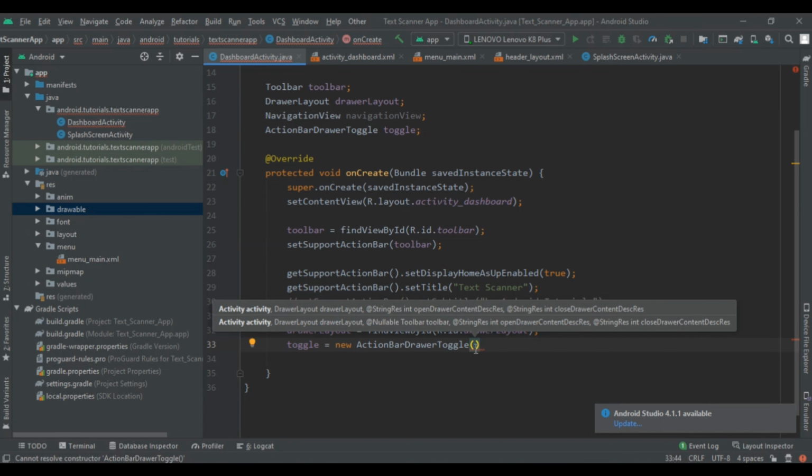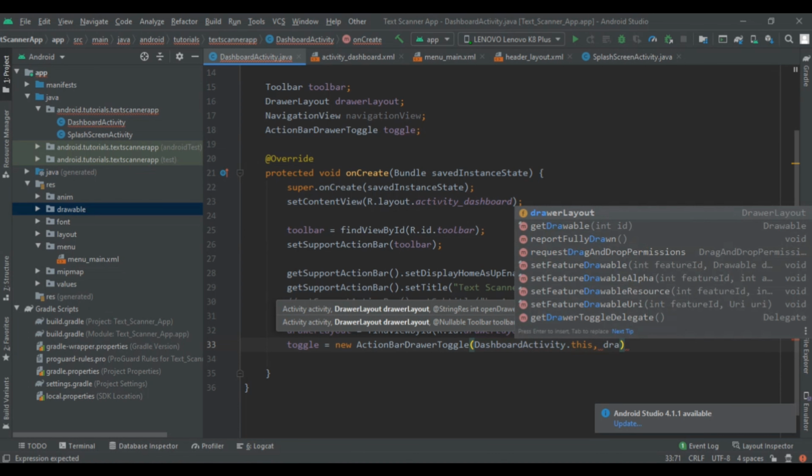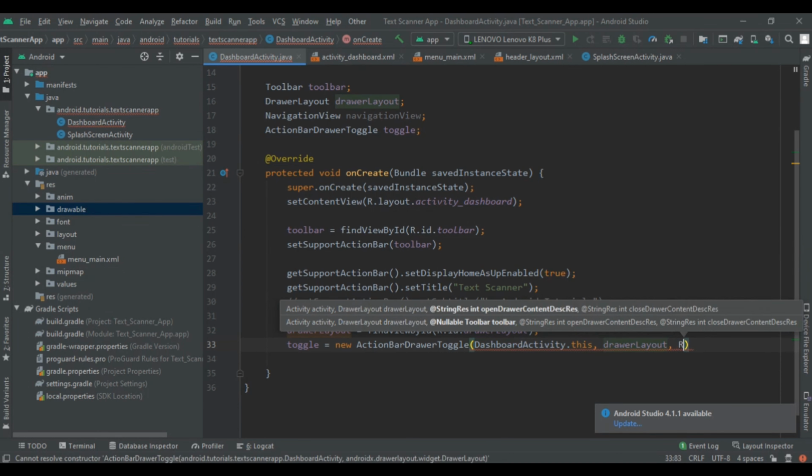First is activity, so here we are going to pass this activity, then the drawer layout which we had created, and then we are going to use the strings, which are default. So start writing DashboardActivity.this, comma, the drawer layout as the second parameter, and then it needs a string. This string can be anything you want.